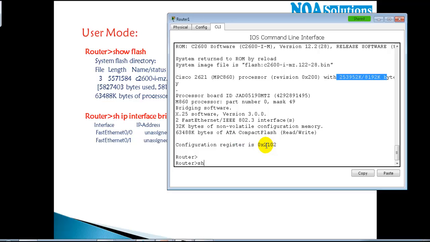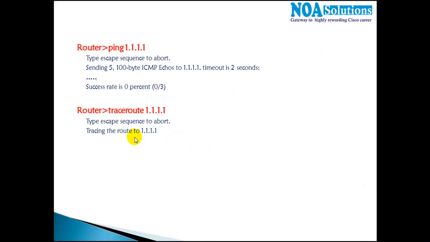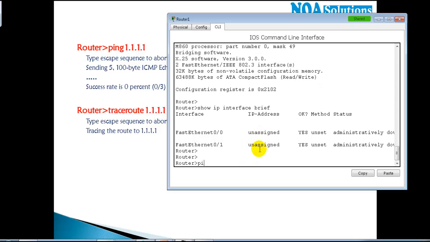So apart from that, we can use some basic show commands like show IP interface brief. There is a command called show IP interface brief, and in this it is going to show you how many interfaces we have and what are the IP addresses configured on that interface, and then what is the status of that particular interface, whether it is up, whether it is down, these kinds of things. So more on these commands we'll see when we start doing more and more configurations, but I just suggest you to go through these basic commands, just to type and just to get used to the command line of the Cisco routers.